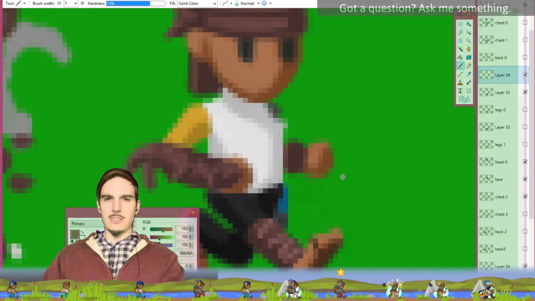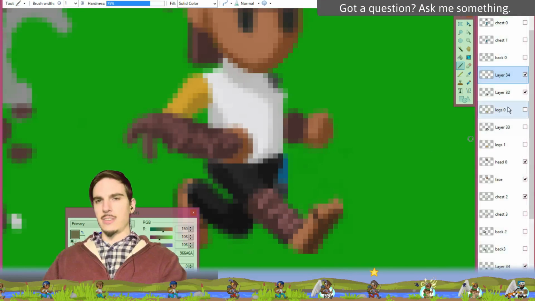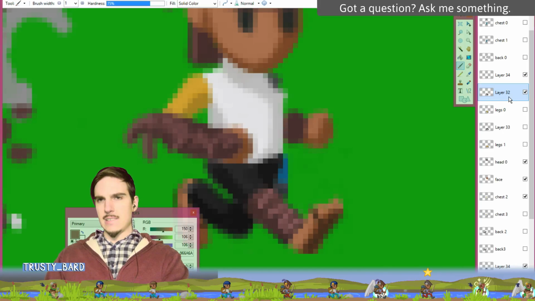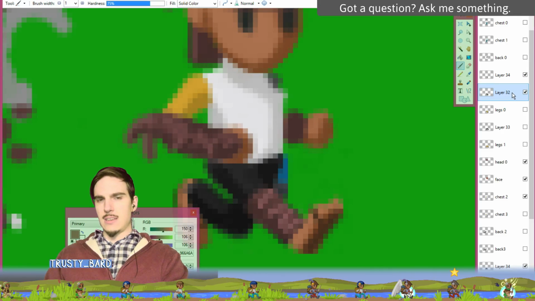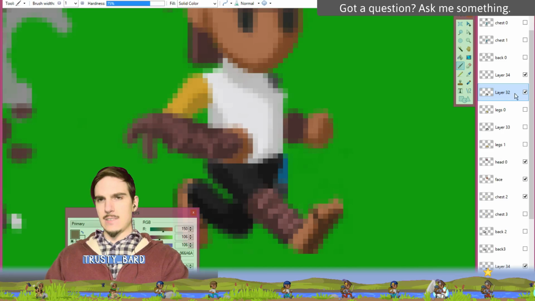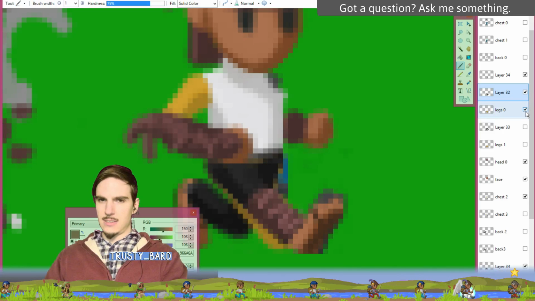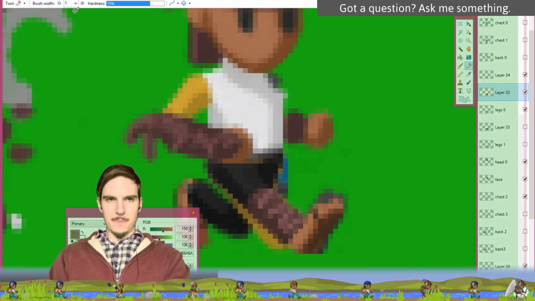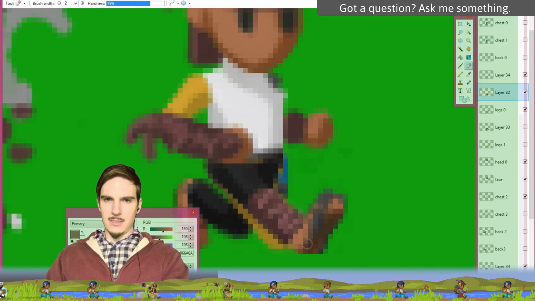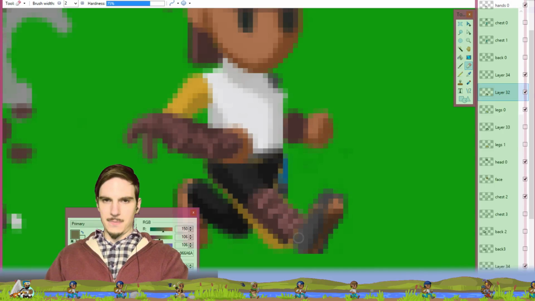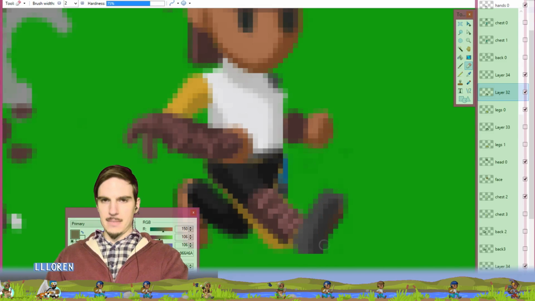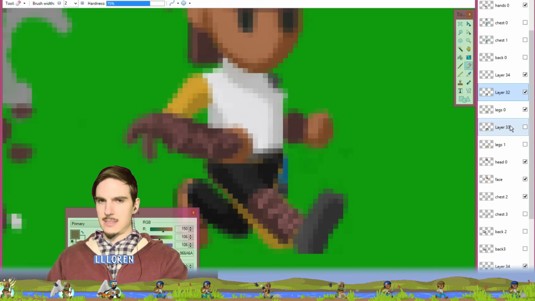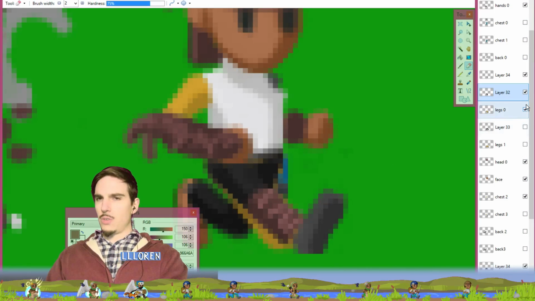Alright, so now I can go and erase the sandaled foot. Should I do that? Yeah, I'm going to do that first just to see how it looks. So from layer 32, I can erase the sandaled foot. And from the other one, leg layer 0, I can erase the yellow pant, only as much of the yellow